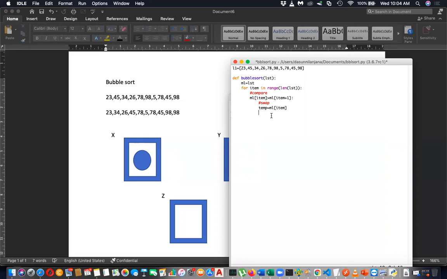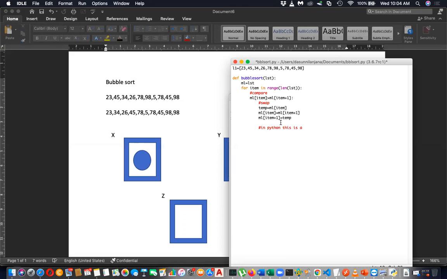Just put temp to this one, and then you can reassign ml item equal to ml item plus one, just for swapping, and ml item plus one gets the content in the temp container. This is the general swapping, but in Python